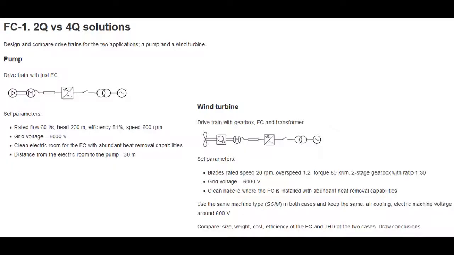Hi, in exercise FC-1 we will try to find out how the application affects the choice of the frequency converter. So we'll be working with two applications here, a pump and a wind turbine, and the specifications in these two applications are chosen intentionally so that you will highly likely end up with the same electric machine for these two applications. So the electric machines will be the same, but the frequency converters must be different, because in a